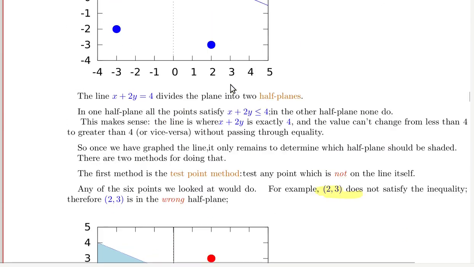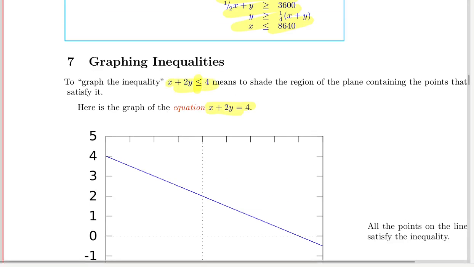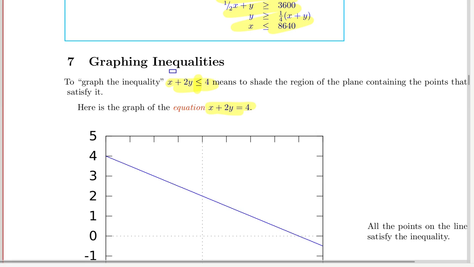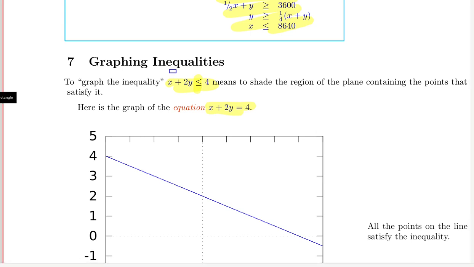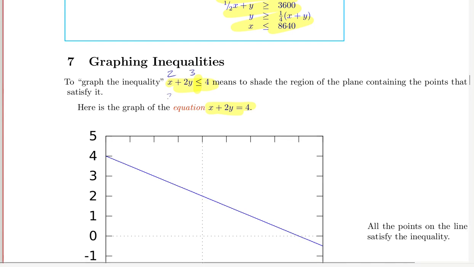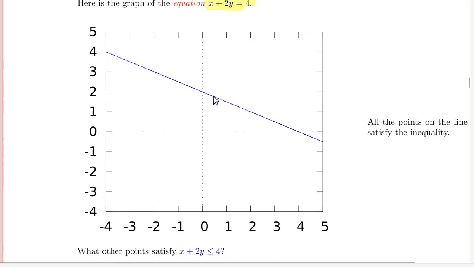Remember the inequality, going back to the top here, this was the inequality we had to satisfy. If you plug in x equals 2 and y equals 3 here, then you're going to get 2 plus 6, that's 8, and that is not less than or equal to 4. So therefore this point 2, 3,